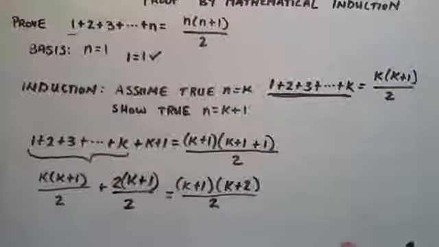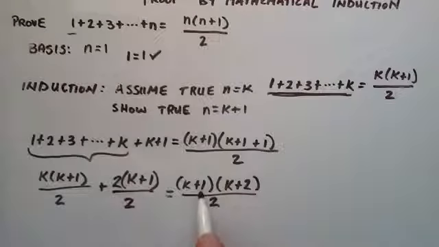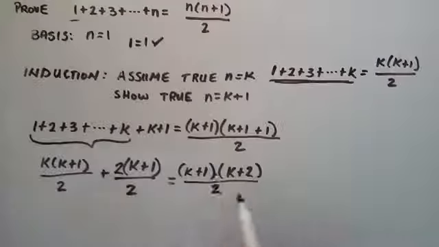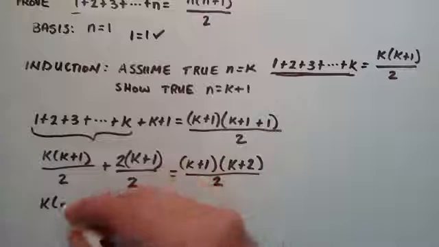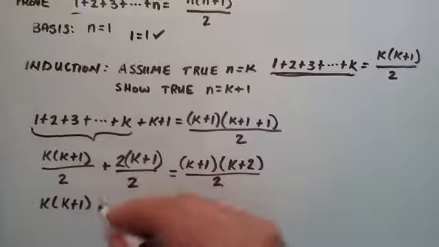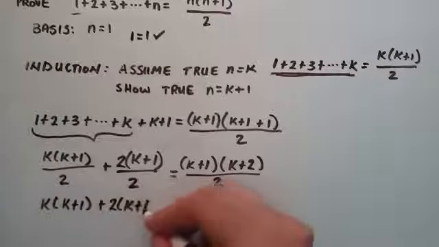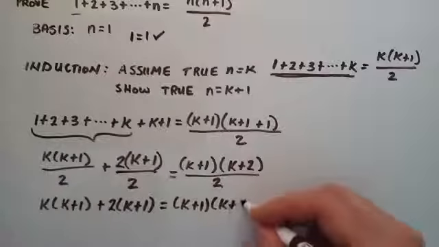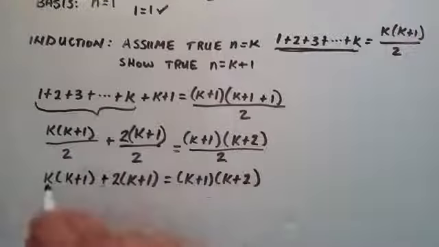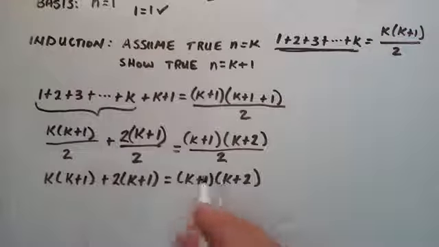So basically, if we can show that this statement is true now, then we've basically completed the mathematical induction proof. So if you notice, all of these are 2 now. We don't even really need to look at the denominators. They're all the same. So now if we can just show that the numerators are the same, then we've basically completed the proof. So let's just rewrite the numerators to make this a little bit more simple. k times k plus 1 plus 2 times k plus 1 is equal to k plus 1 times k plus 2. So now we're just going to make sure that the numerators are the same, since we already know the